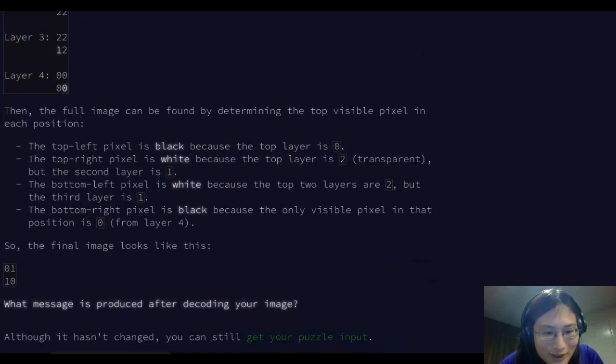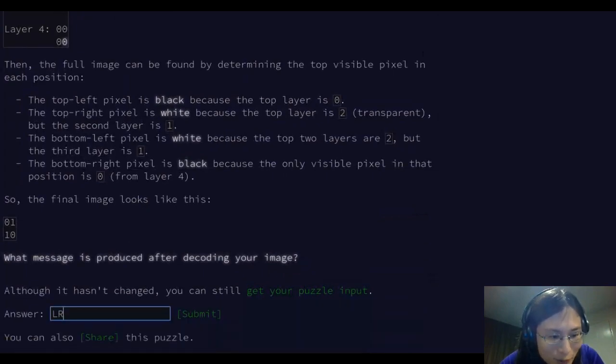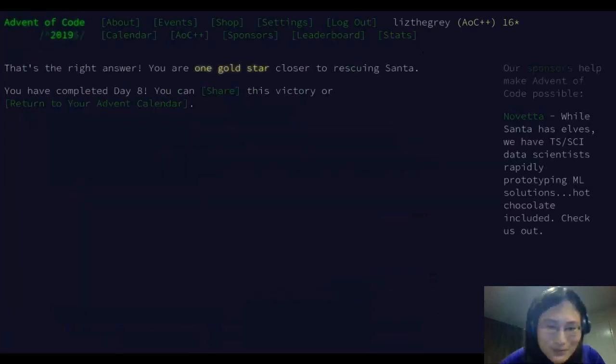So, Lima, Romeo, Foxtrot, Kilo, unicorn. Let's double check that. Lima, Romeo, Foxtrot, Kilo, unicorn. Could be Victor as well. And that's correct. Okay, great. That's day 8 right there.